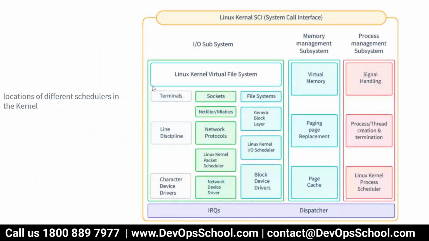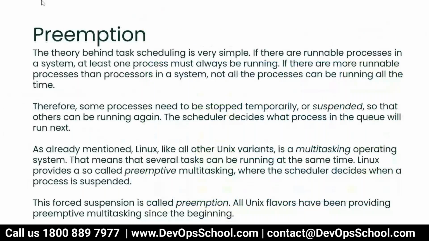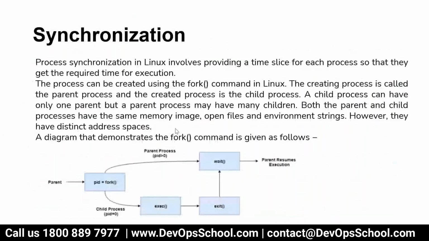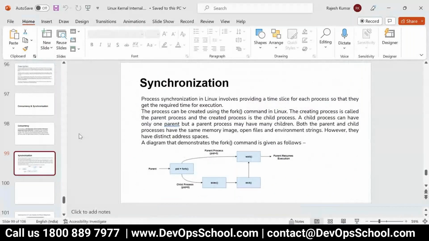Okay, so this is the scheduler. Preemption is also there. Concurrency and synchronization properties are also there. You need to know that. So yeah, this is your kernel. At a high level, you need to understand the concept of user space, kernel space, what is the role of the kernel, how the kernel is loaded, when the kernel runs, process, thread, and stuff like that. Are you comfortable, all of you?